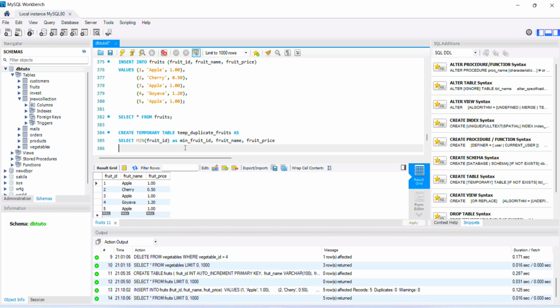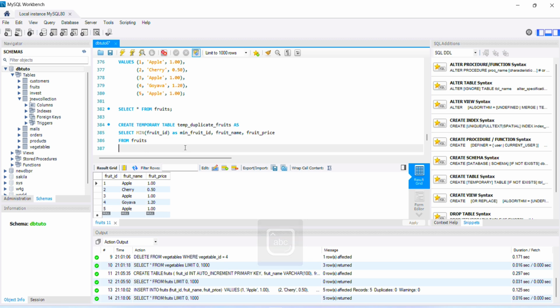And let's go to the next line from fruits, and here we want to group by. This one we're going to do also later. We're going to exercise the group by now, but right now we're going to use it here in the pattern. Group by fruit name, and then fruit price,